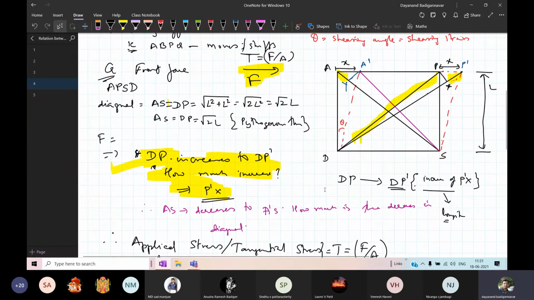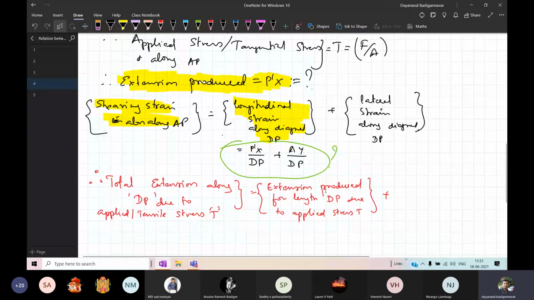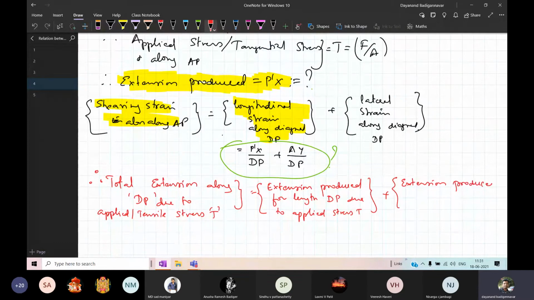First case is the extension produced along dP due to the applied stress, plus the extension produced for length dP